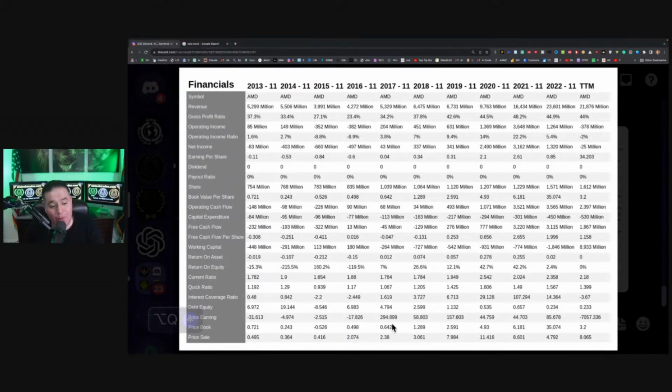And then now what I want you to do is let's do the same thing. Let's go to free cash flow. Tell me when it turned negative. AMD is a little tricky, but guess what? Tell me when it turned from negative to positive. Negative, negative, negative. Up 13 million. 2016. But guess what? It went to negative. Oh, and 2019, it went